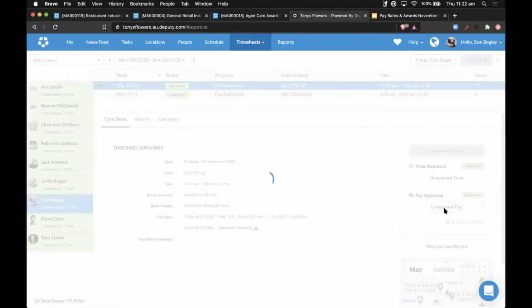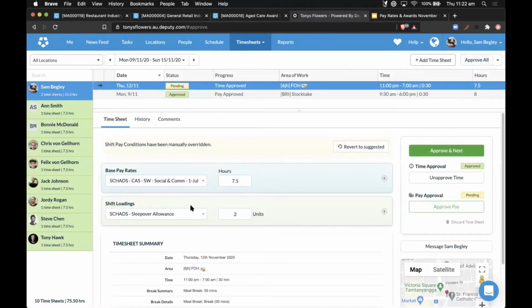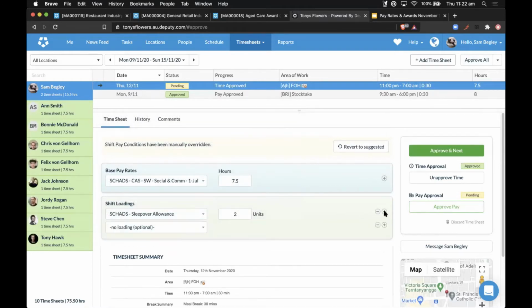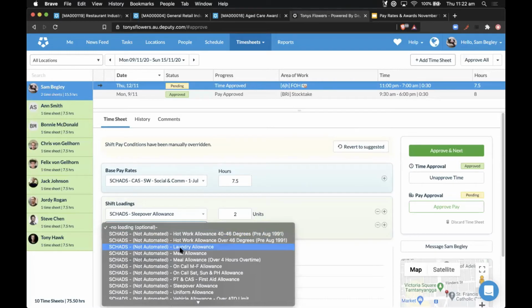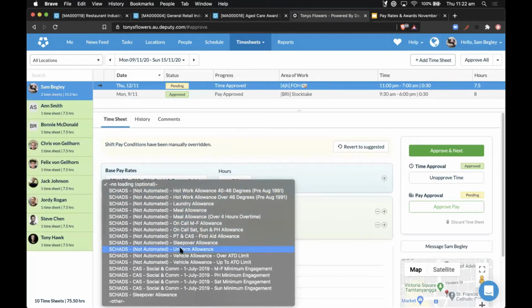Awesome. But if I just unapprove the pay, there's also the ability for me to hit this plus symbol here, and then I can have a look and pop in a travel allowance that we can use as well, should I be traveling quite a long distance. And the travel allowance is looking to rationalize kilometers versus a rate of fuel consumption and things like that to reimburse the employee on the timesheet and itemize it here, as opposed to trying to manage it in the payroll platform.